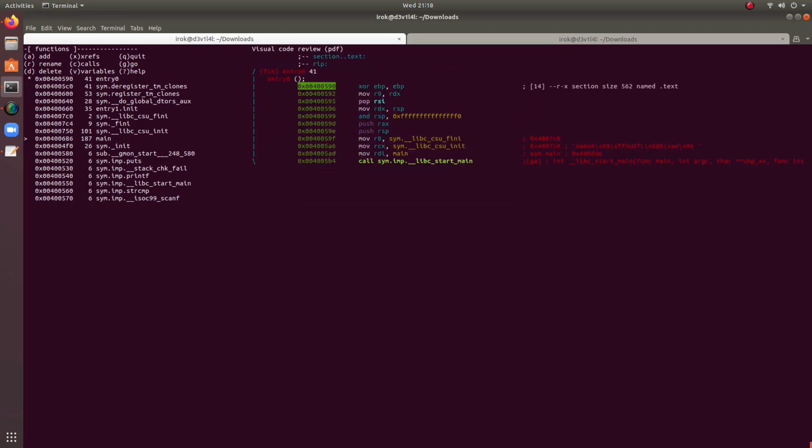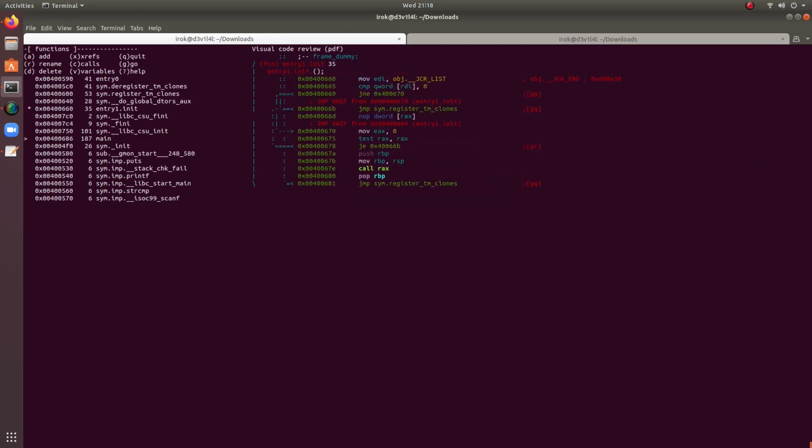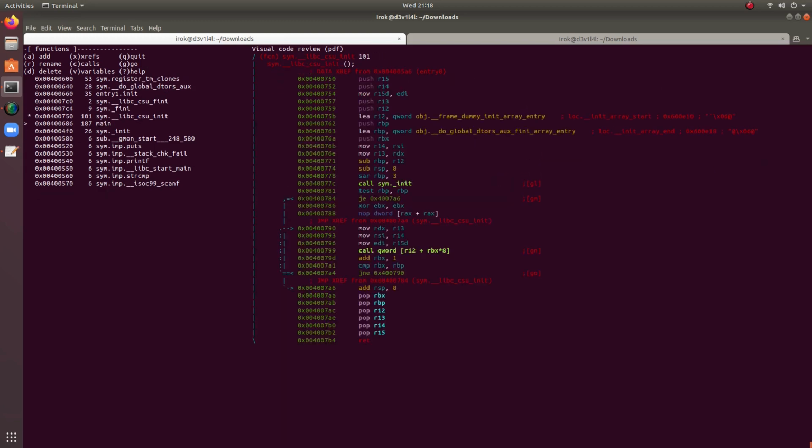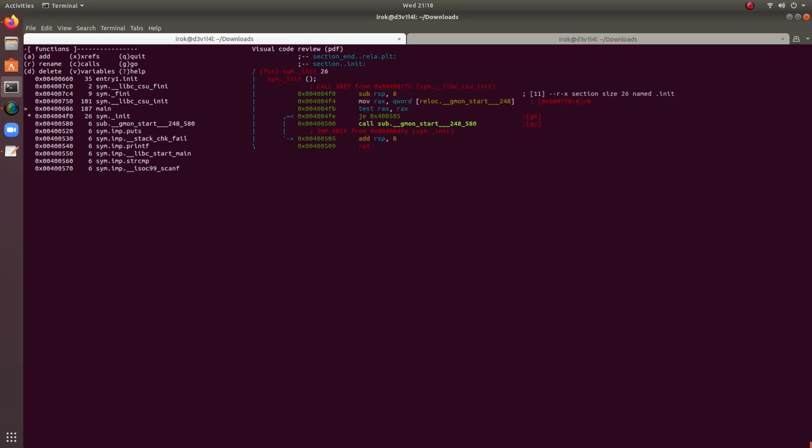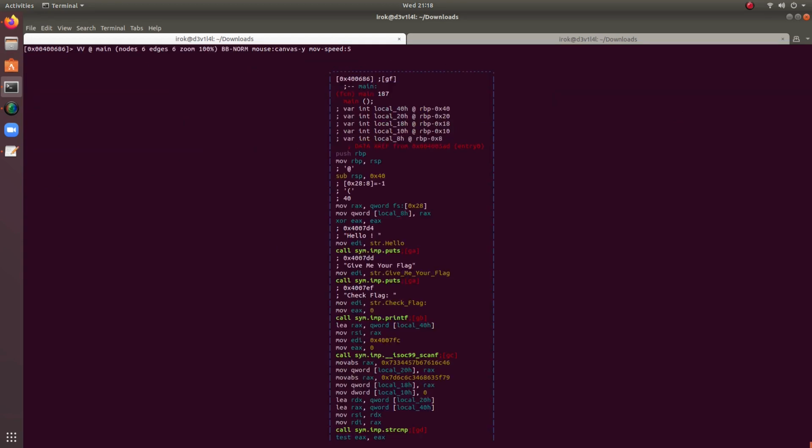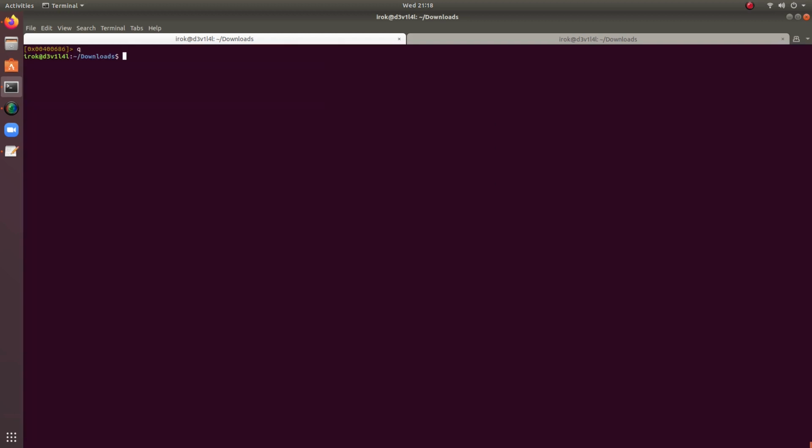See, we are at the entry. Likewise, you can analyze any of the functions. If you want to exit, just press Q, Q, Q, Q, enter. So this was about our radare2. Okay, now